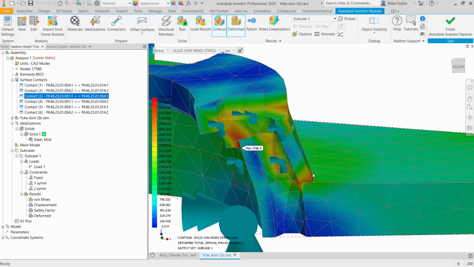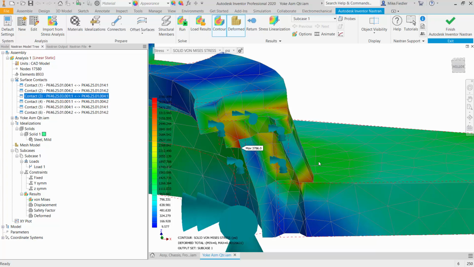So what we did here is we defined this all as bonded, right? So you can see that I'm getting a high stress here. And why is that? Because I fixed this surface. At the opposite end of the model, I'm pulling on the yoke. So you can see that the yoke is also pulling on this spacer. And so I get a stress here, and I get a rather high stress here, where in reality, wouldn't that probably be in a surface or separation type of contact? Allow some sliding here, and then